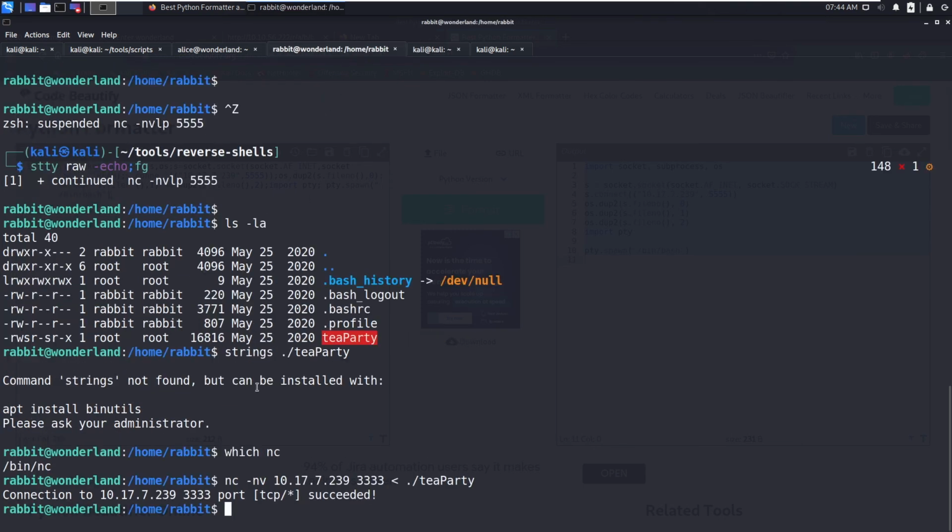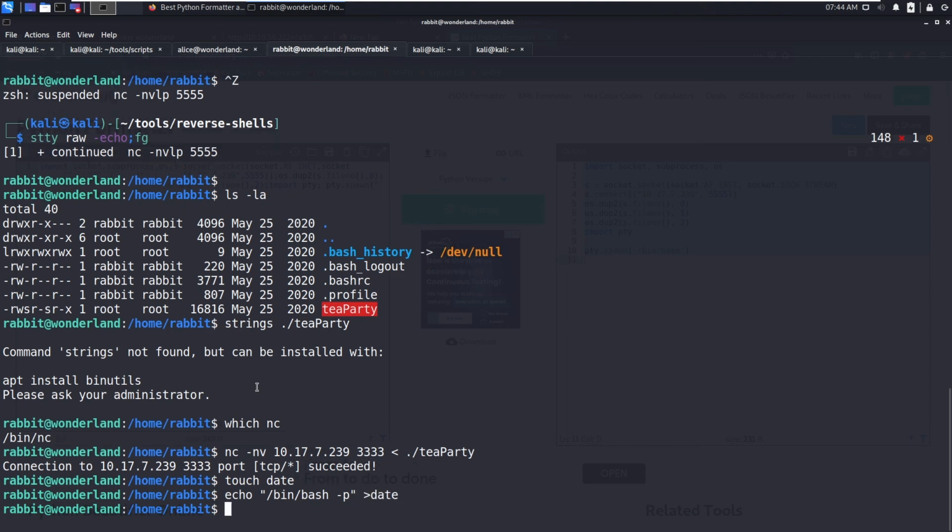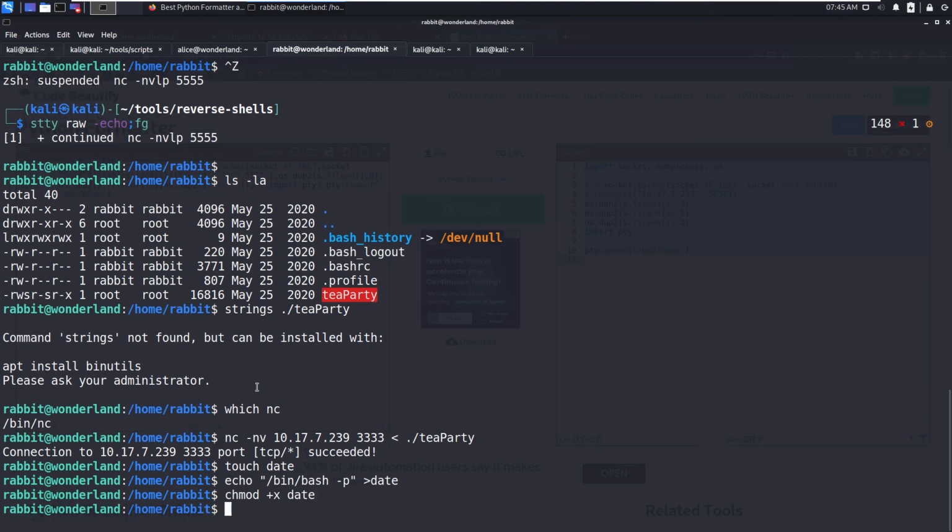So what you want to do is create one: touch date. After creating the date, let's put /bin/bash -p in it. So this should be thrown into date. Let's make this executable, otherwise it does not get executed.